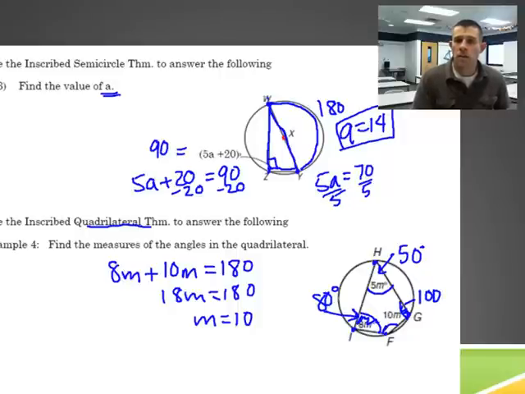And what about angle F? I know that my opposite angles are supplementary. So if angle H is 50, angle F must be 180 minus 50,